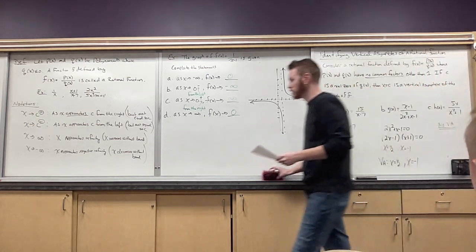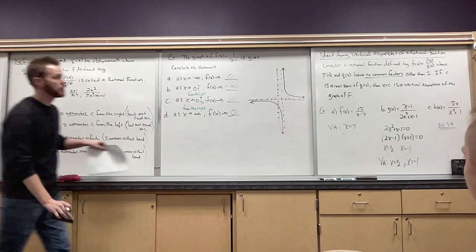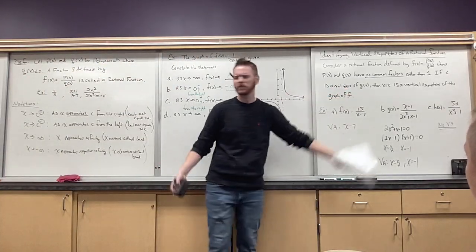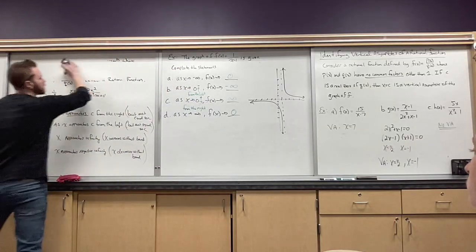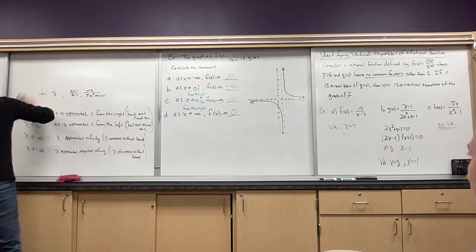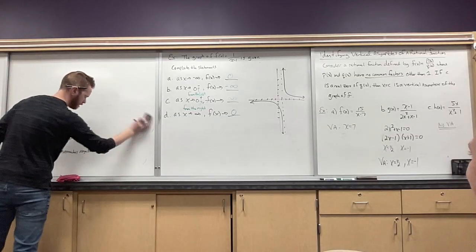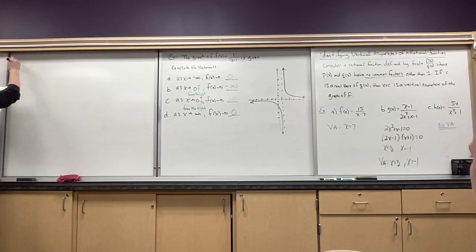Alrighty. Now, let's mess with this guy, the no common factors. Let's say if they do have a common factor, what does that do in terms of a vertical asymptote? So let's try an example out with it. So for this example,